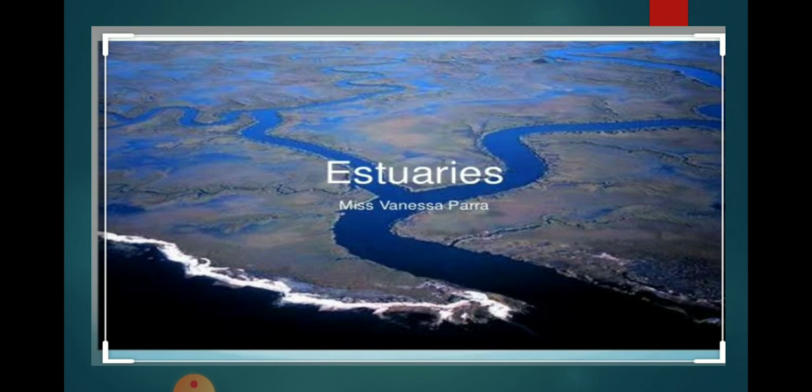Now you can see estuary. It is also another feature. Usually we call it a tidal mouth of a large river where the tide meets the stream. So it's a place where the fresh water and the salt water come together, and the river's whole water channels toward the ocean or sea. It's coming and joining the water. Usually we can see that it is found in the coastal region, and this estuary usually nourishes the sea. So it gives water to the sea.